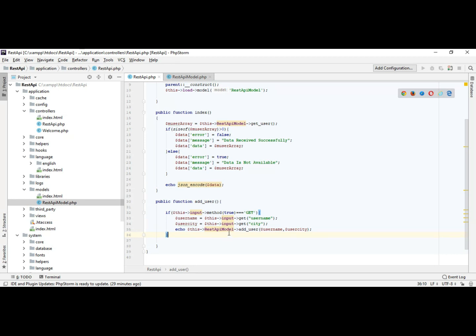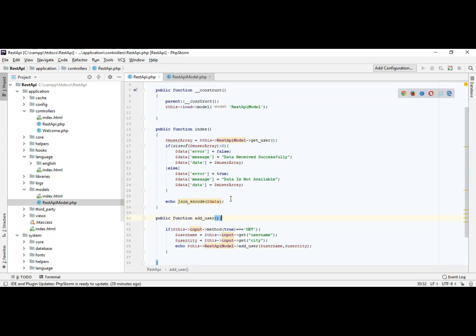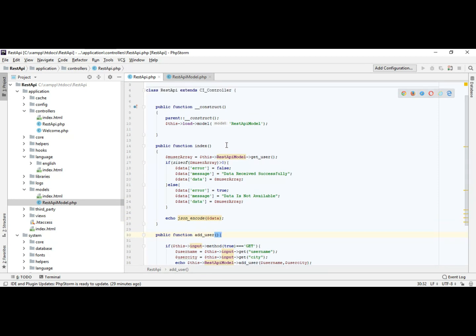We can add a condition here, like if the response is greater than 0 or the response is not equal to empty. By doing this we can check whether our data was inserted in our database or not. Now I forgot to tell you one more thing: what if we want the data of a user by ID now? So let's